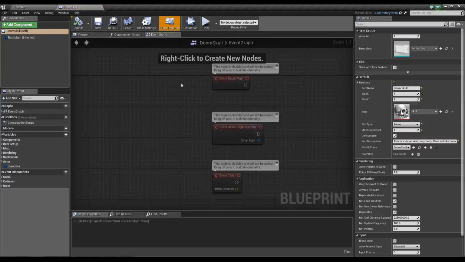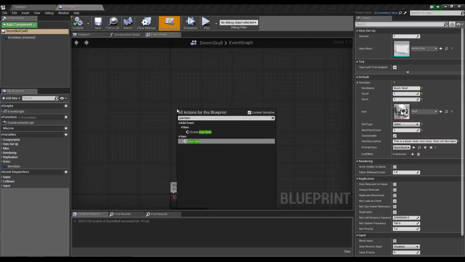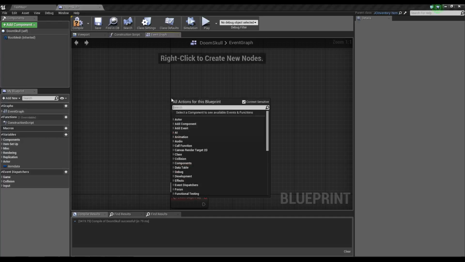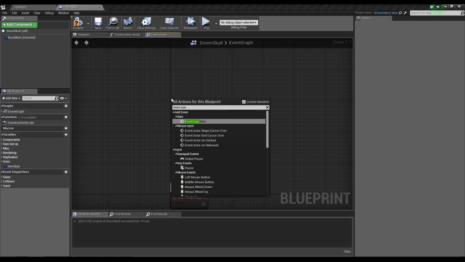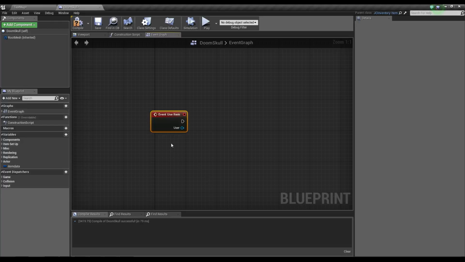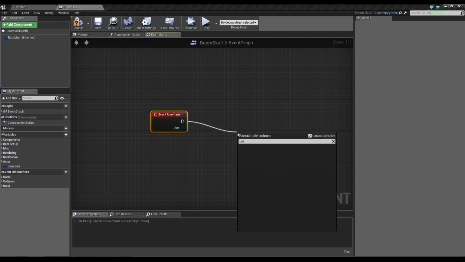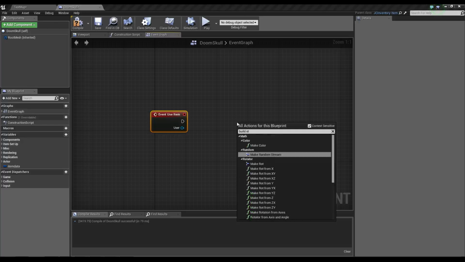So, how does that work? Well, make sure when you do this, you put the event use item. This is what's going to fire when we use the item. So, just for this example,